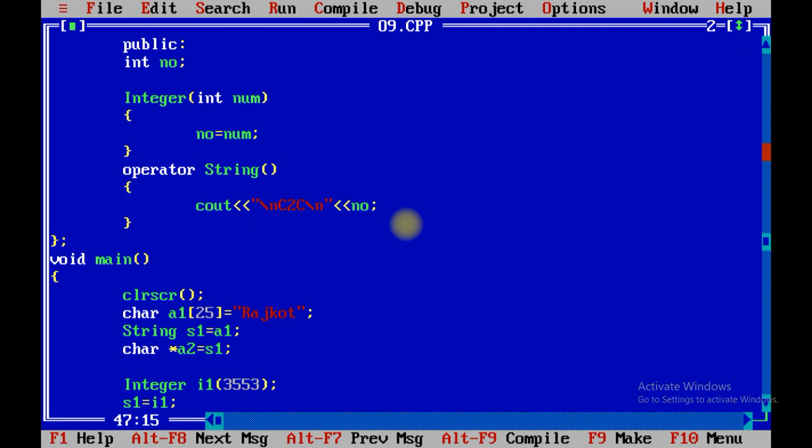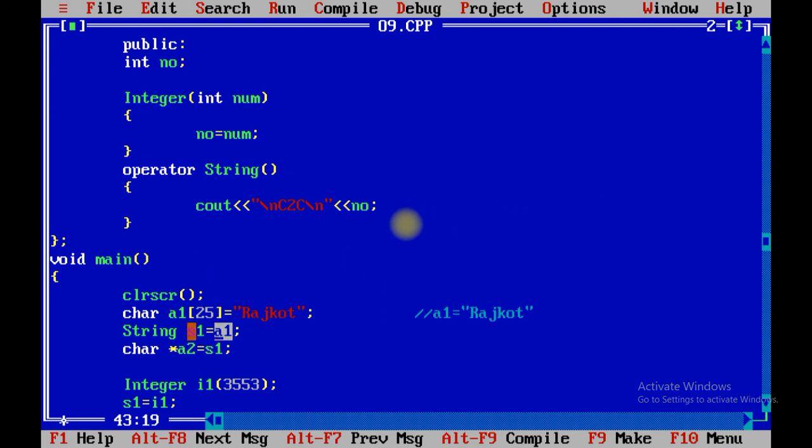Now let me explain the program. First of all, it will clear the screen. Character A1 25 and Rajkot. So A1 contains string Rajkot. Now what happens? We have created the object of string class, that is S1, and I have applied S1 equals to A1.